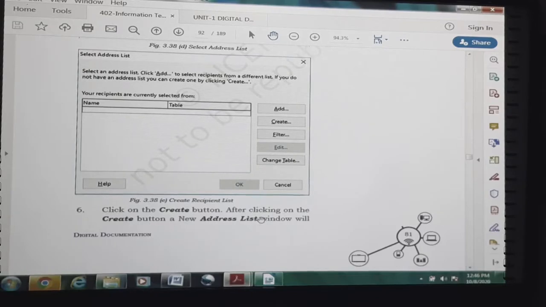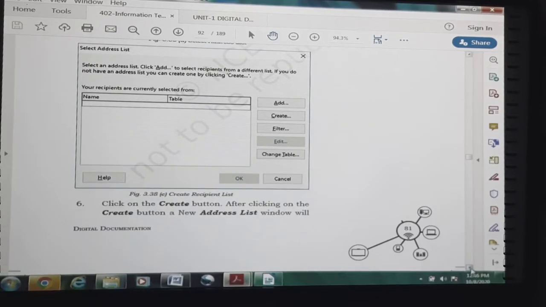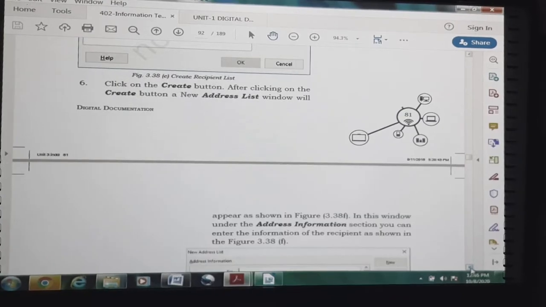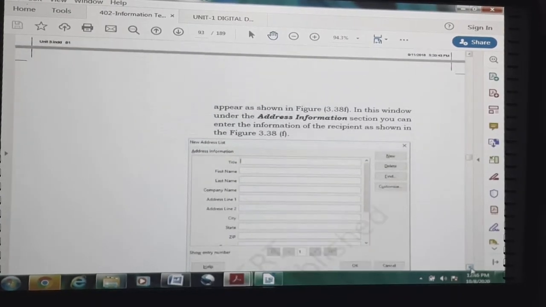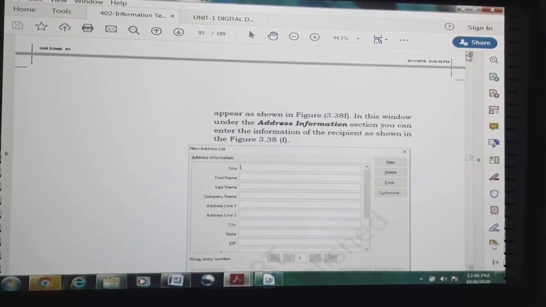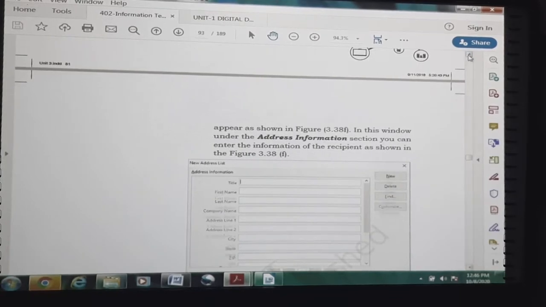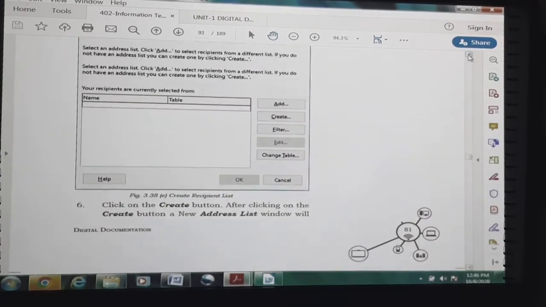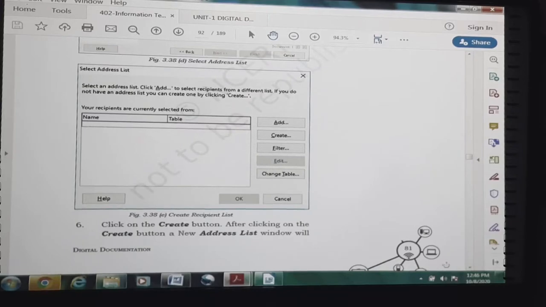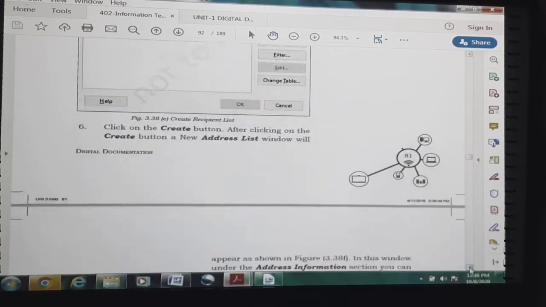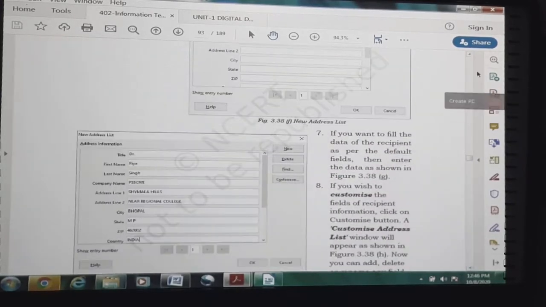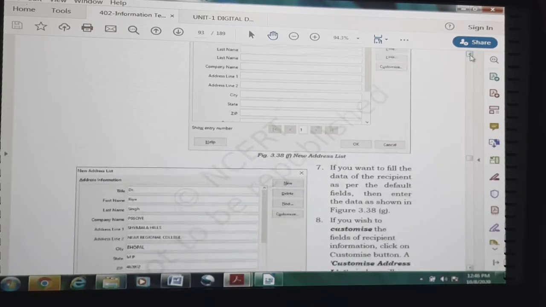After clicking, a new address list window will appear as shown in figure 3.38F. Now we need to choose the Create button. Click on the Create button. So here is the Create button. Click it and it will display a new address list where we need to insert our data.